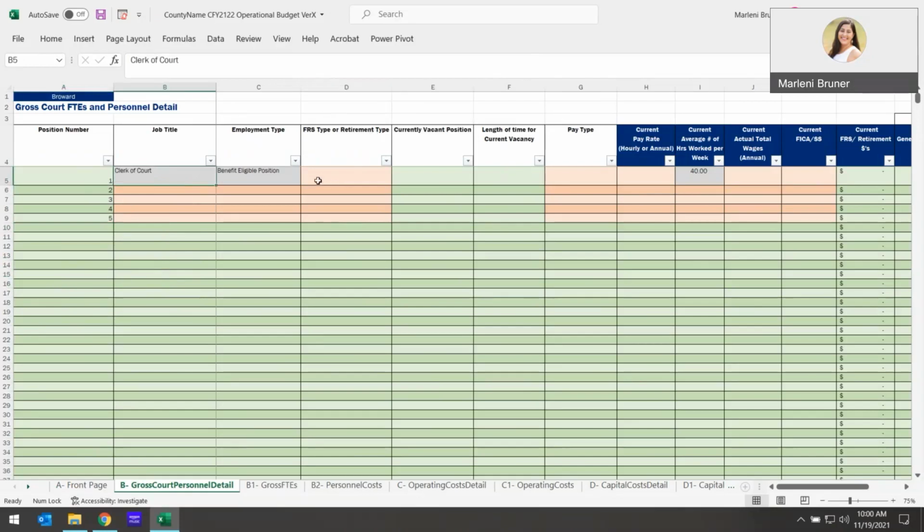You're going to enter the employment type. And so we have several employment types. We have a benefit eligible position, OPS part-time, not benefit eligible, OPS part-time, benefit eligible, contract FTE, no position anticipated, and volunteer. When we first created these forms, we had counties that utilized the last 2 in an effort to